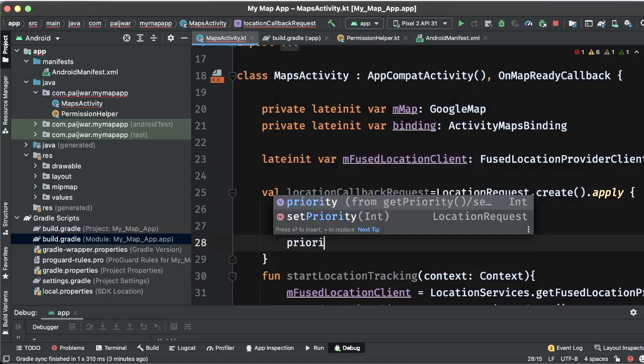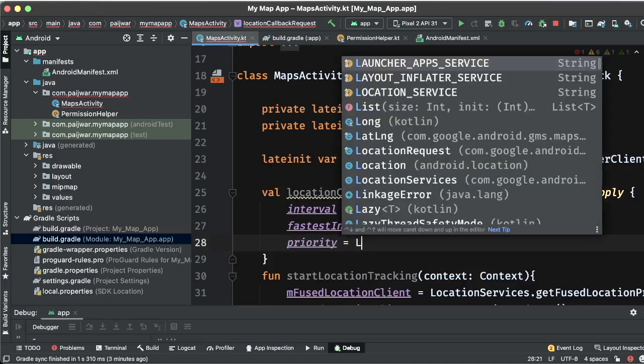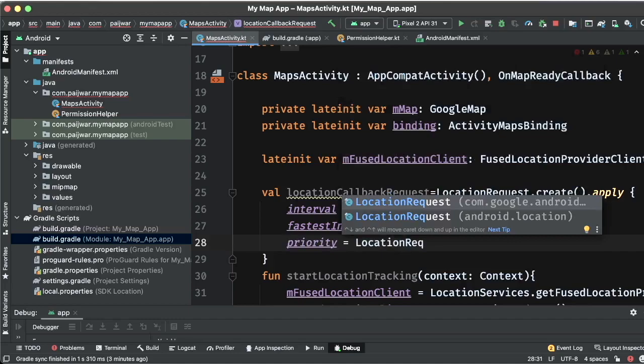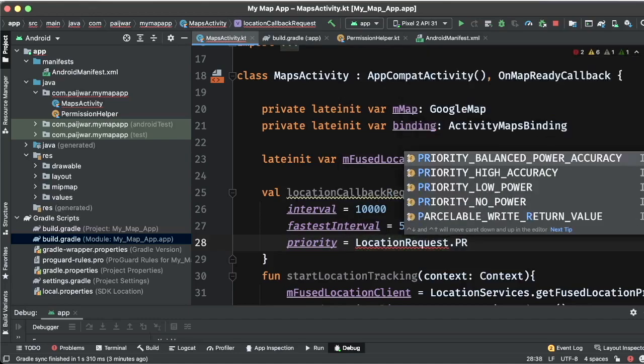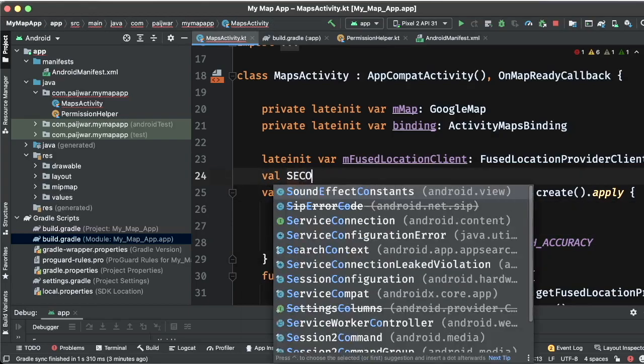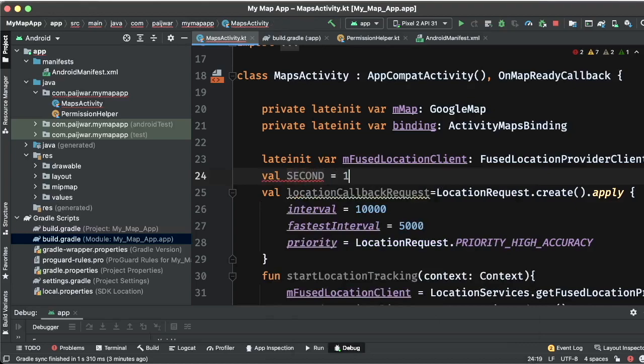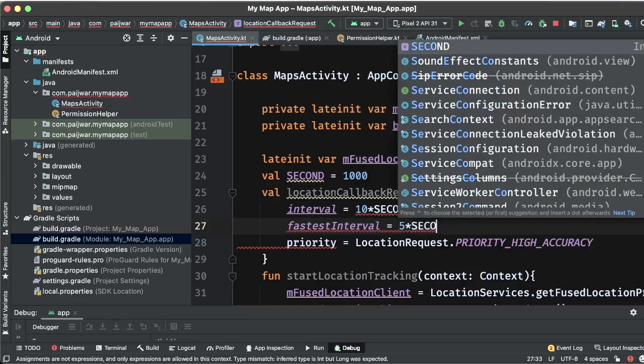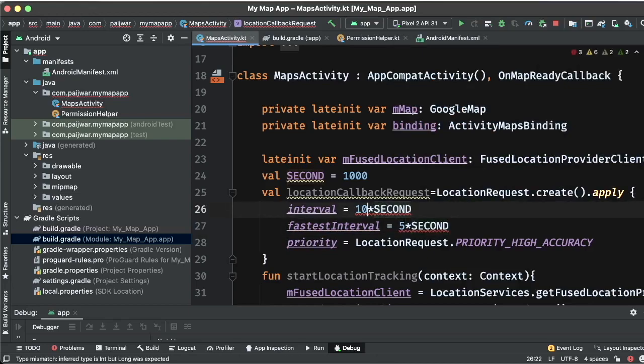Then priority will be LocationRequest high accuracy. We can define this like this: second is equal to 1000, and this is 10 seconds, and this is 5 seconds.